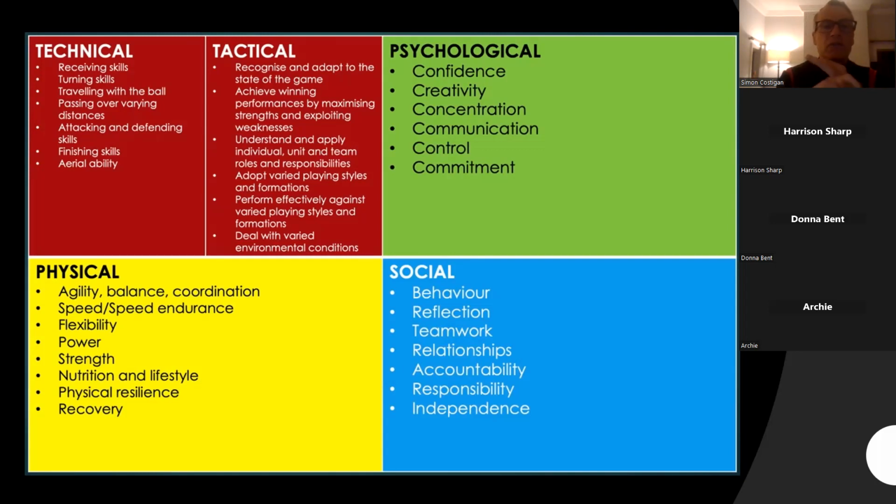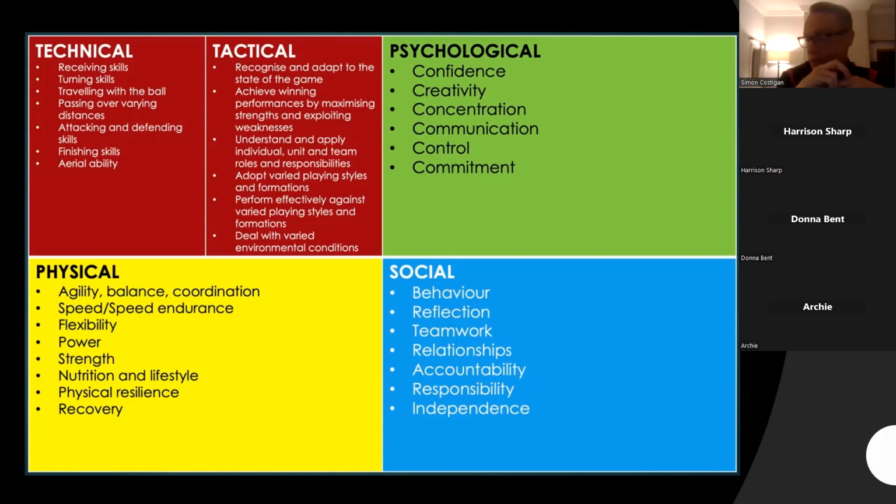Perform effectively against varied playing styles and formations. So how do we adapt to a team that plays out from the back? How do we adapt against a team that plays long? How do we adapt against a team that mixes it up? How do we play against a 3-5-2 or a 4-3-3 like us, or a 4-2-2? How do we adapt, not just as a group of players, but also as a playing staff, as a coaching staff as well, and then deal with